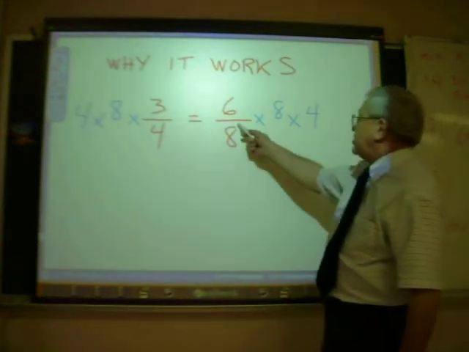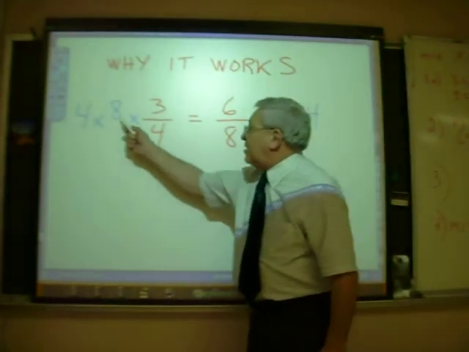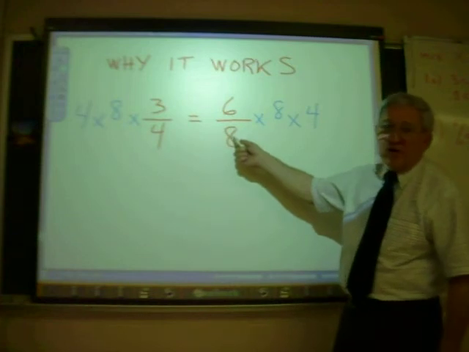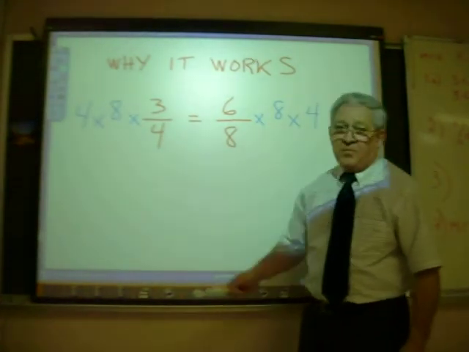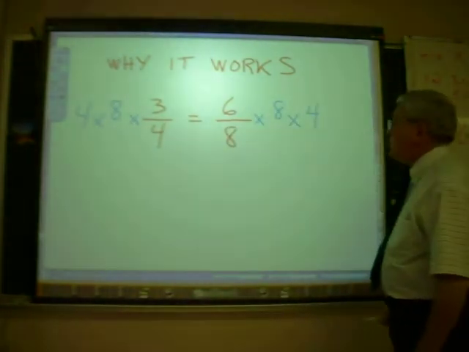So I'm going to multiply each side by 8. So here we go. I multiply the right side by 8, and multiply the left side by 8. Why did I pick 8? Because that's that denominator right there. And then I'm going to multiply each side by 4. I multiply each side by 4. Now when I do that,